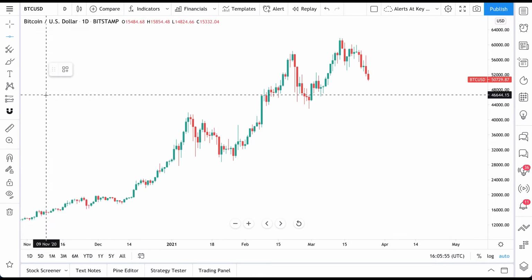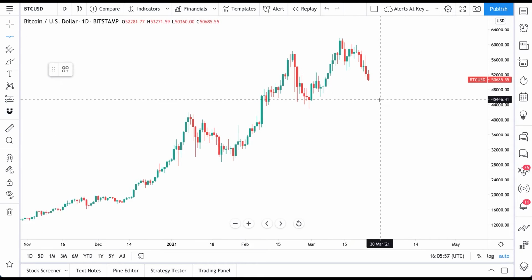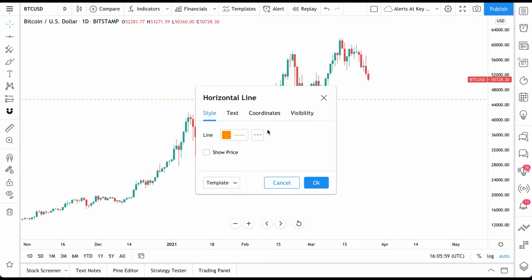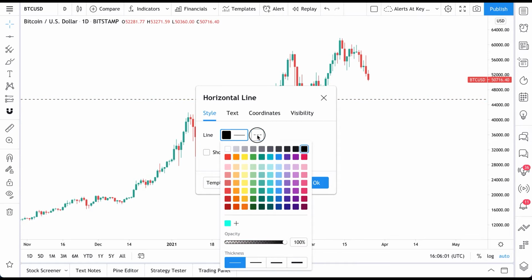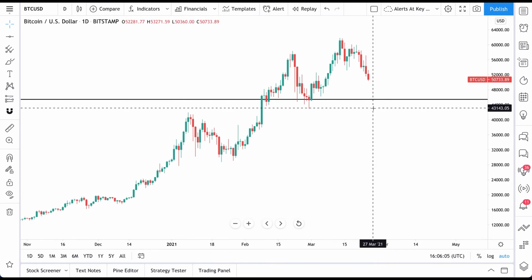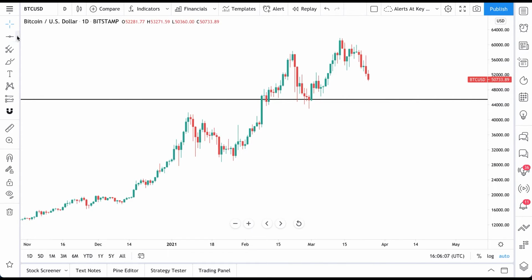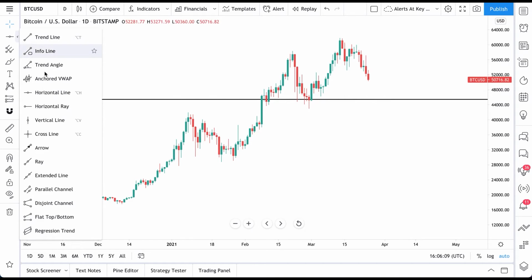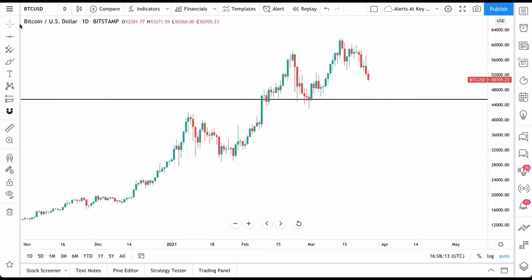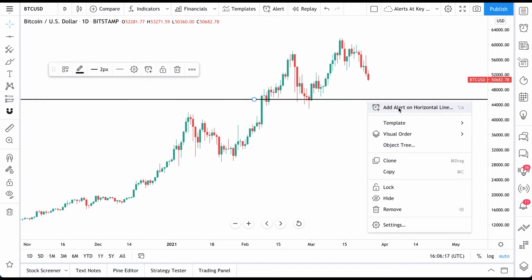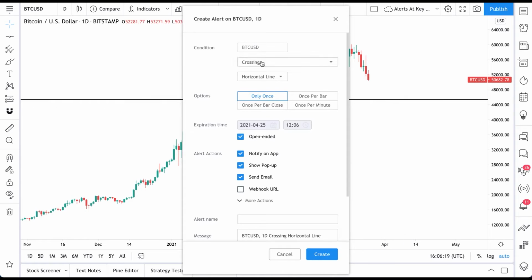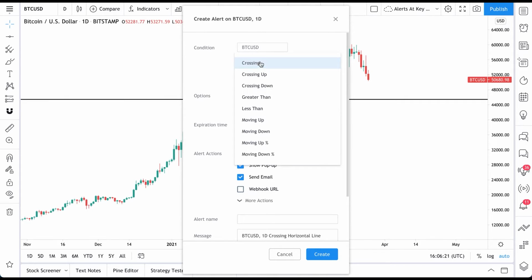So let's say you draw a horizontal line across your chart here. Let's make sure this horizontal line is easy to see. So this is a horizontal line that we just drew. You saw it. We went to our trendline tools, selected horizontal line and added it to the chart. And what's so cool about this is we can right click on that horizontal line and add an alert. And what we can say now is if price crosses down or becomes less than this horizontal line,